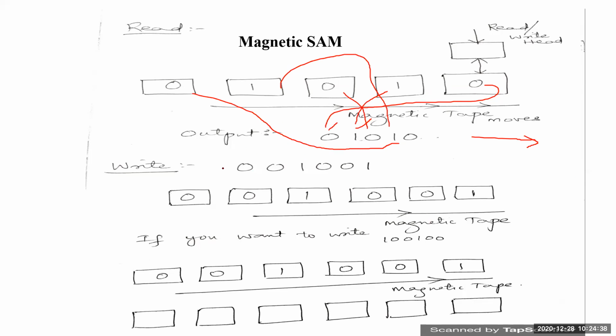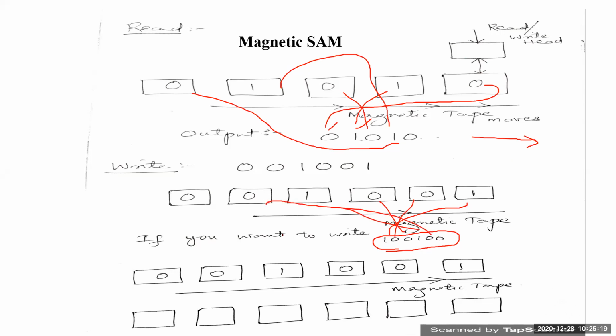In the write operation, what I do is that if I want to write this particular data into this magnetic SAM. So first see now, this is a read and write head, through which only I'll be inputting my data. Since my first location will be, this is my first location. So ultimately the first bit, the leftmost bit, goes and situates in the first cell,